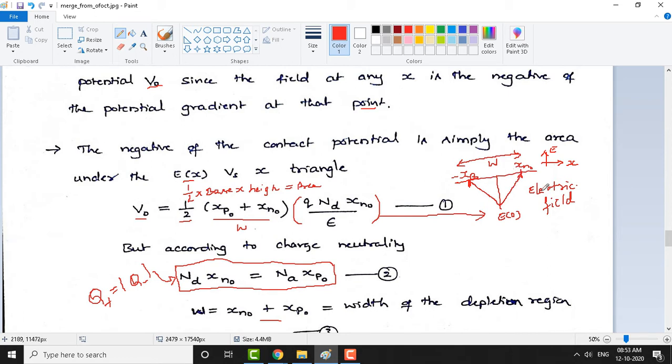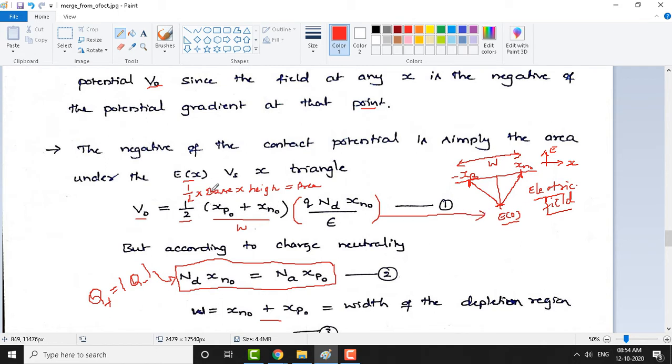This graph shows the electric field in the transition region. It is an inverse triangle, and we already said that the field is maximum in the middle of the junction. The external potential you apply depends on whether it is in favor of this field or against it. In forward bias you are applying an external field and this is the built-in field. Whether it is favorable or against, we'll see shortly when we take up the biasing conditions.